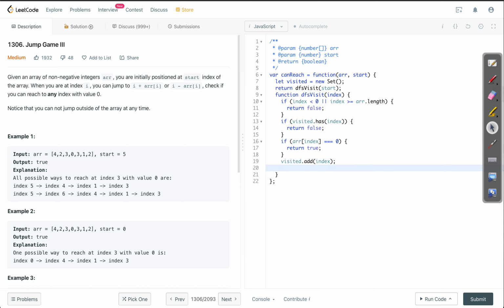Now we just need to go further and branch out to the two conditions that we had.